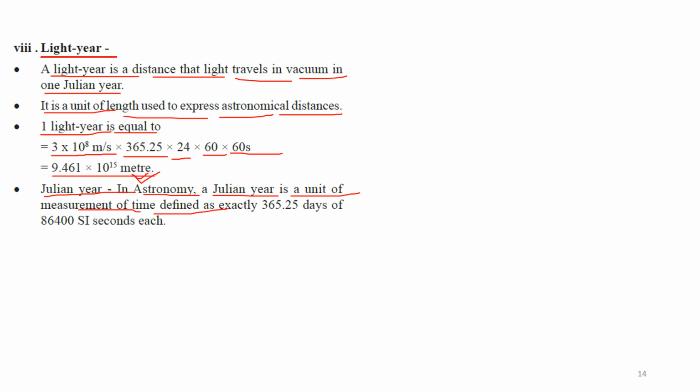defined exactly 365.25 days of 86400 SI सेकेंड ईच, ठीक है। मतलब ये पूरे को हमें यूज़ करना है, इसमें इसको सेकंड में कन्वर्ट करना और फिर उसके बाद लाइट की जो स्पीड है